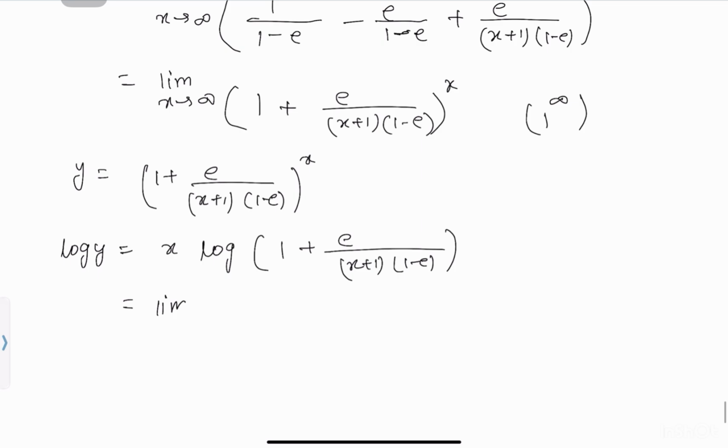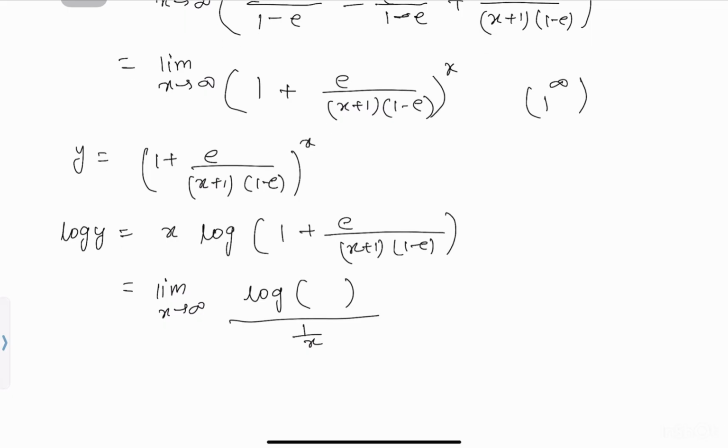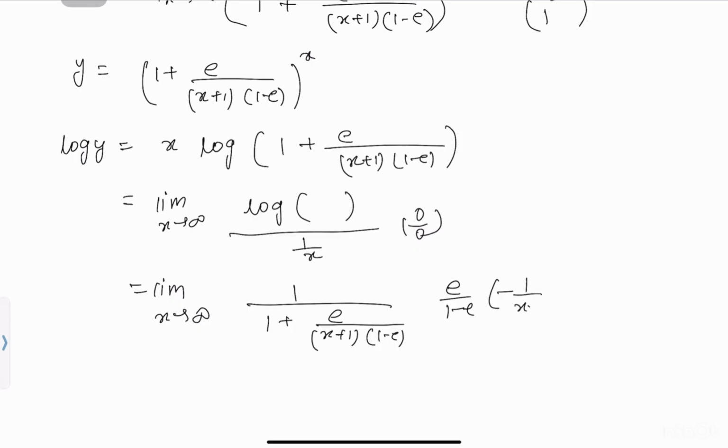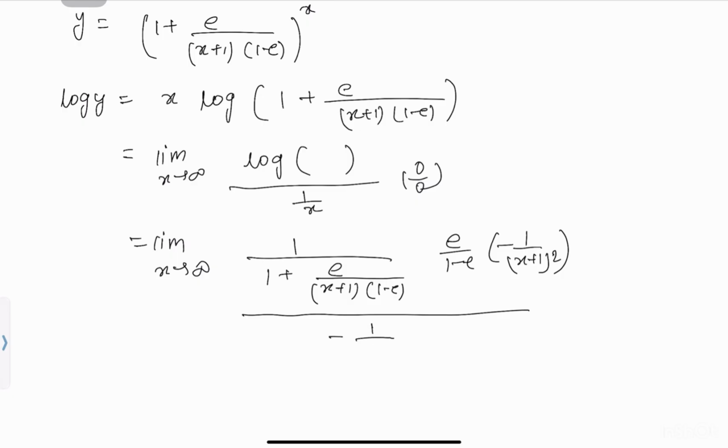So I can write limit x tending to infinity of log of whatever divided by 1 by x. Look here, if I put x equal to infinity, this is 0 by 0 form. Check, 0 by 0 form, so I have to apply L'Hospital here. The derivative of log of these things is 1 by (1 plus e by (x plus 1)(1 minus e)), because log of something gives 1 by something. And I also have to take the derivative of these things, which is e by 1 minus e times minus 1 by (x plus 1) whole square. You can do it yourself, just the derivative. And the denominator gives minus 1 by x